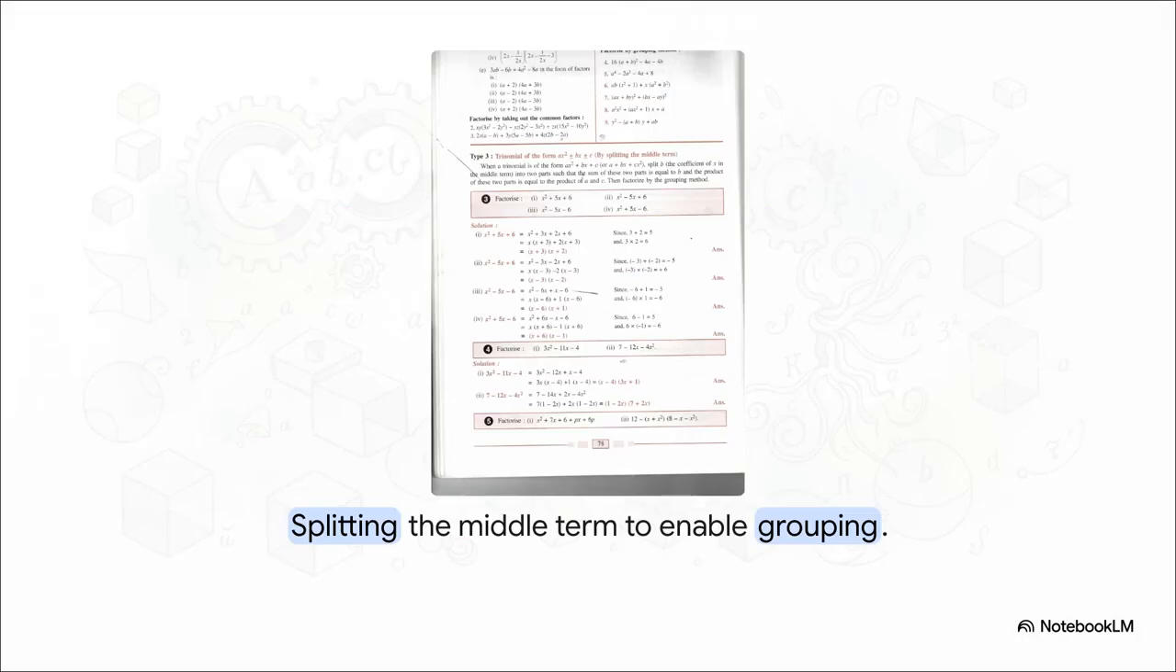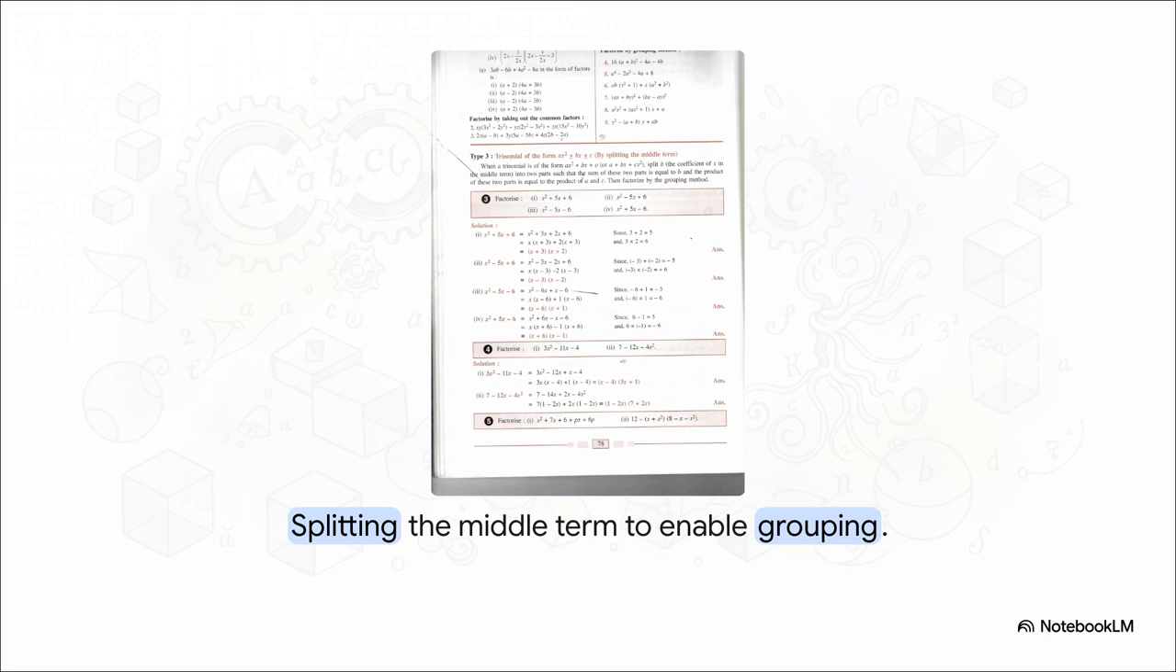Take x squared plus 5x plus 6. We need to split that middle 5x. Since 3 plus 2 equals 5, and 3 times 2 equals our n number 6, we split it into 3x and 2x. Suddenly, we've got a clean 4-part puzzle. x squared plus 3x plus 2x plus 6. From there, just group them, pull out the common factors, and you arrive right at your answer, x plus 3